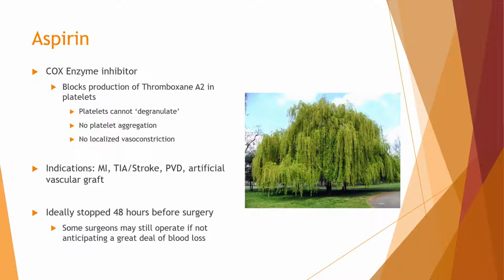So aspirin itself is derived from the bark of willow trees, hence the picture on the right-hand side, and this is a COX enzyme inhibitor. It blocks the production of thromboxane A2 in platelets, and what this means is that they're not able to degranulate, meaning they're not able to aggregate, and we don't get any release of local cytokines such as serotonin, creating any localized vasoconstriction. Some of the indications for aspirin, as mentioned previously, cardiac events such as an MI, a TIA or a stroke,